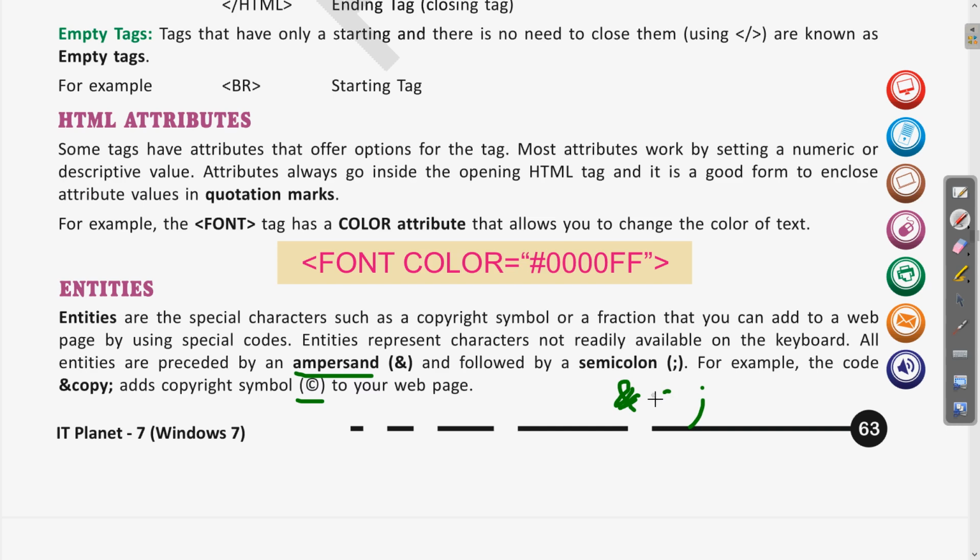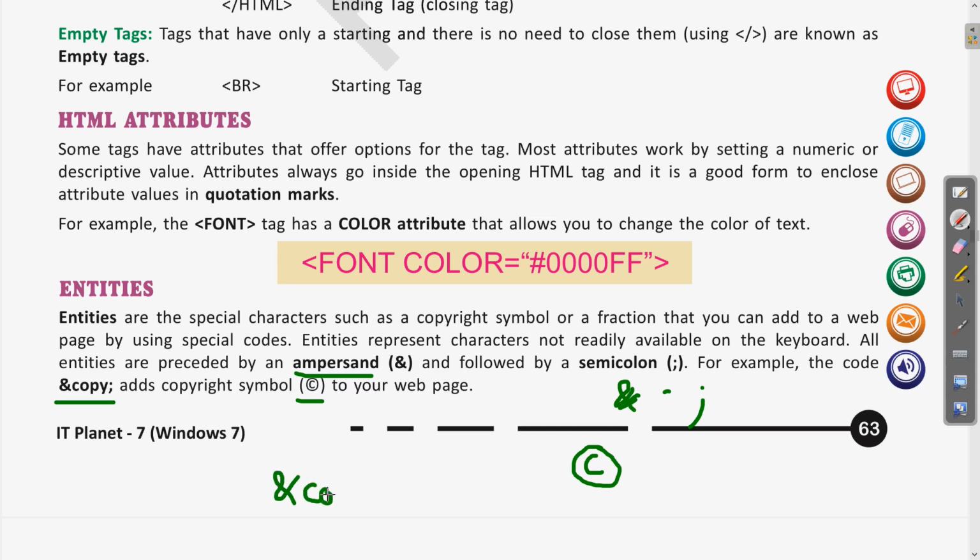For getting this copyright symbol, we don't have it on the keyboard, we cannot type this. If you want the copyright symbol to be included anywhere in the web page, for that we will write ampersand copy and semicolon. Clear? This will be the HTML code.